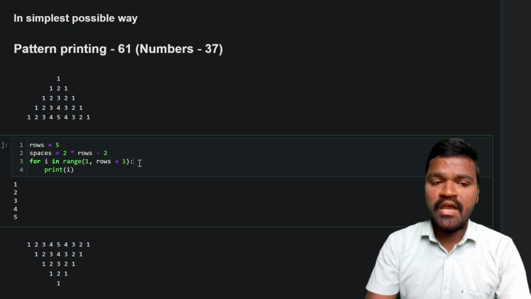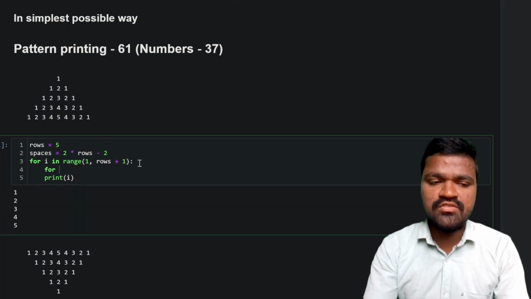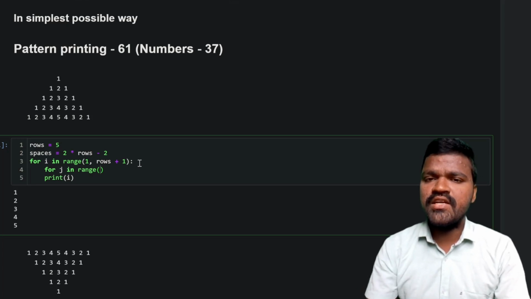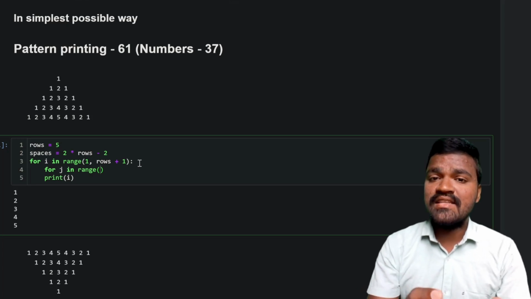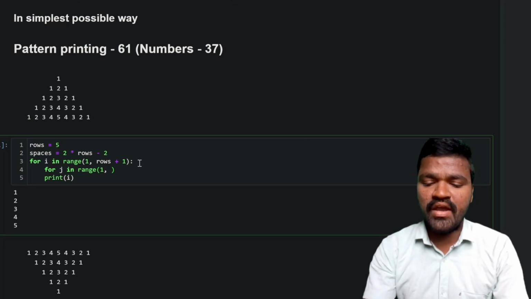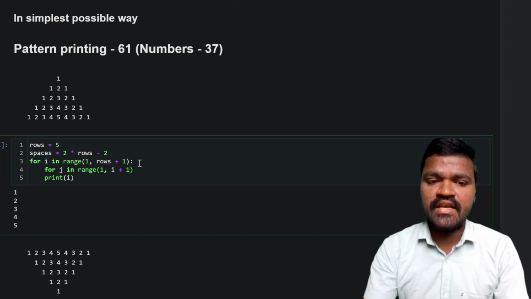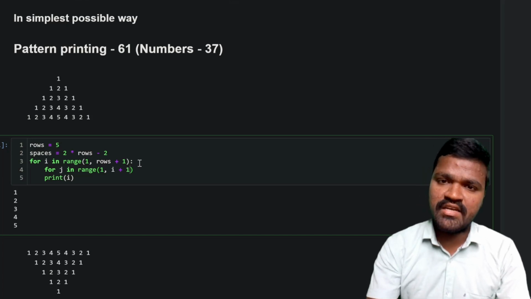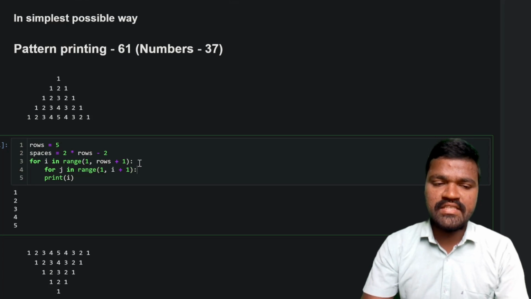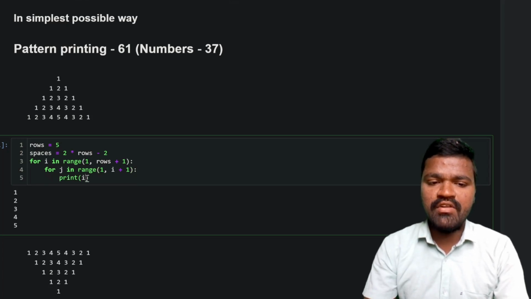Inside of this for loop, I will use another loop which is for j in range. So now, as we have discussed, we need to generate the range of values, and the range of values would be starting with 1 and going till the value of I. So for that reason, I am mentioning I plus 1. So by the functionality of range, we will be stopped at the value I. So inside this, what I will be doing is that instead of printing this particular I, I will print the value